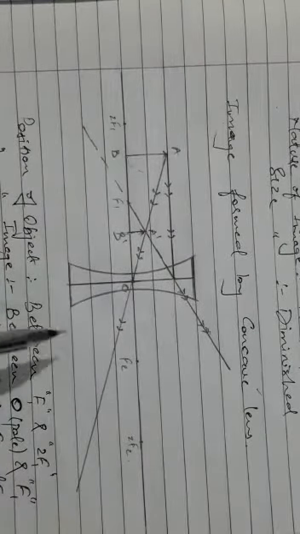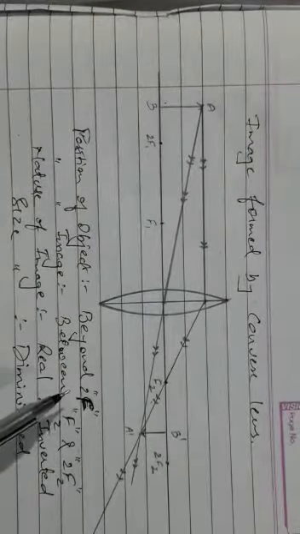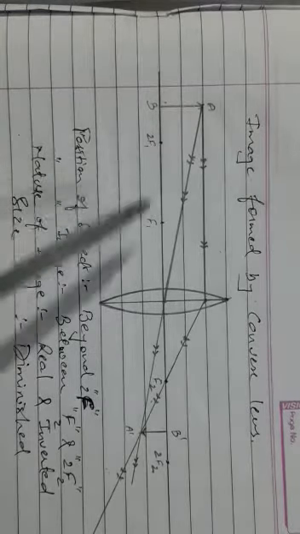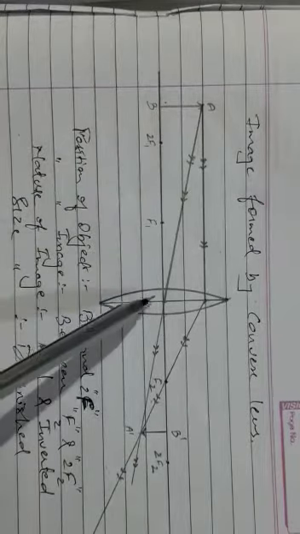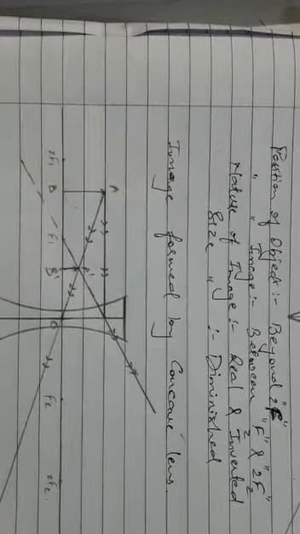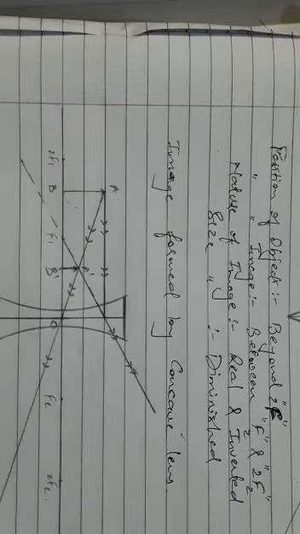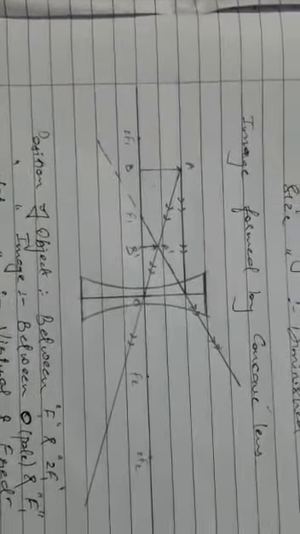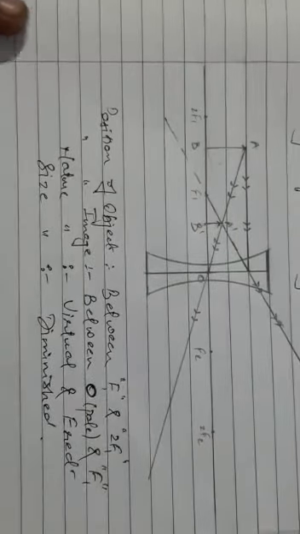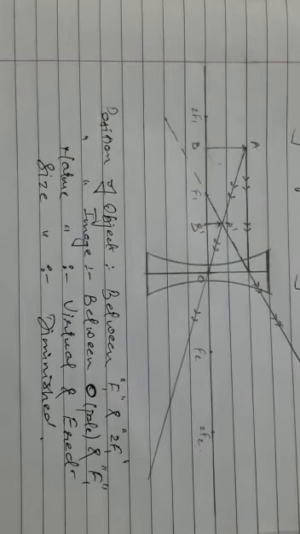There are two only for the concave, but in case of a convex lens there are 5 to 6 images that we can form. All you practice in the same manner, with different distances in centimeters, and draw in the same fashion. These diagrams look very neat and clean also. I have drawn in front of you only, and it looks extremely nice also, and you get a correct image also. That is the most important thing, that you don't get a rough diagram, you get a very fair diagram that can be shown to anyone. In examinations also it will be of great help. Fine. So thank you for this particular lecture.